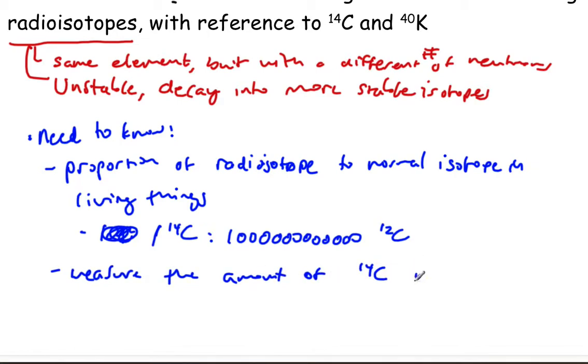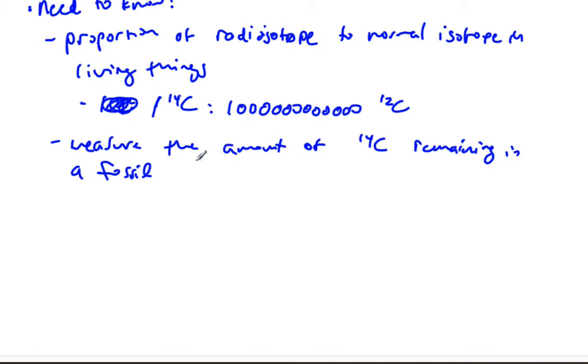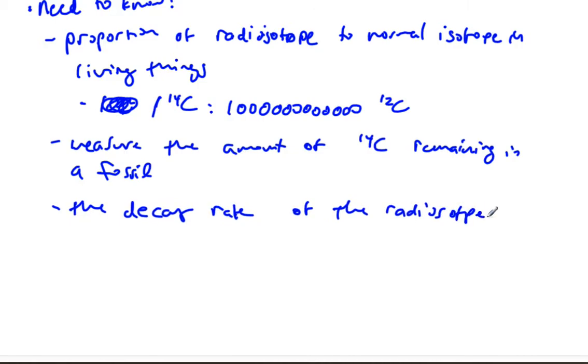Once you have this constant proportion, you also need to measure the amount of carbon-14 remaining in a fossil. By getting the mass of the isolated carbon-14 and comparing the amount of carbon-14 to carbon-12, you can get a good estimate of how old it is, because you also need to know the decay rate of the radioisotope. We'll get into that in a sec with the half-life of carbon-14. Basically, this radioactive isotope decays at a constant rate, and you need to know that rate to figure out how old it is. You know how much there should be if it was still alive, then you measure how much is still left, and based on the rate at which it decays, you can determine the age of the fossil. The overall trend is that the less radioisotope remaining,